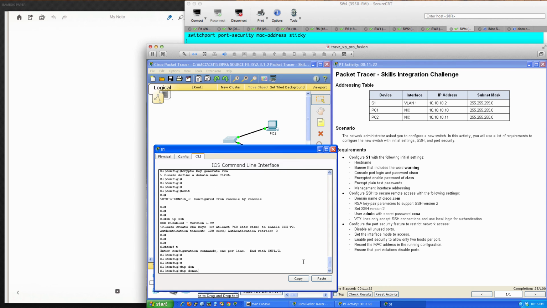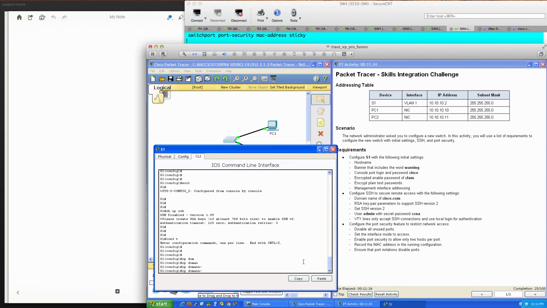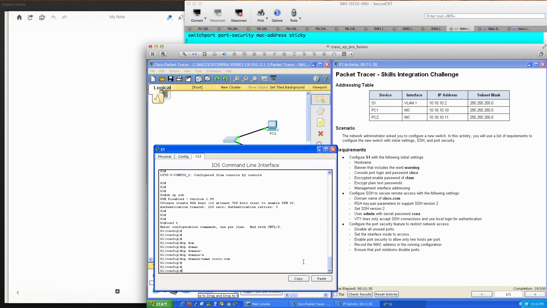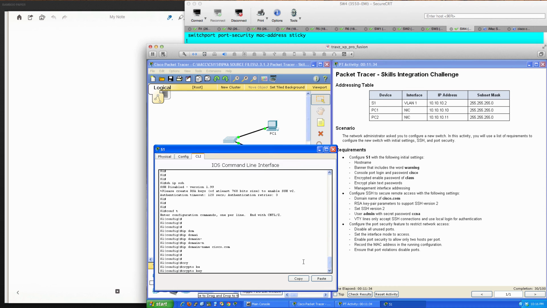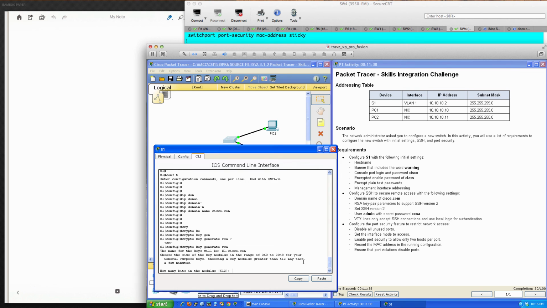So we do IP domain name, and there we go, domain name, and it needs to be cisco.com. And then we're going to go ahead and do our RSA key. So we're going to go crypto key generate RSA, and we'll do the question mark, and that's where we hit enter,